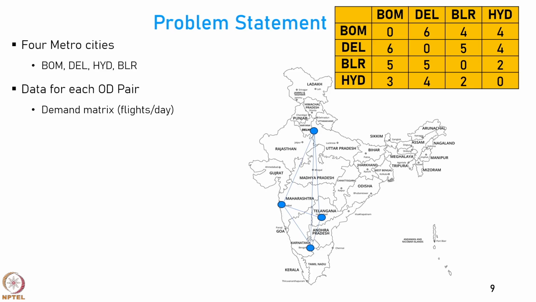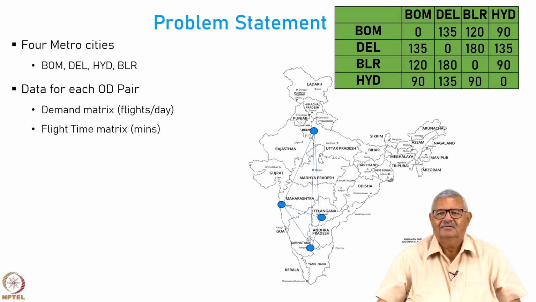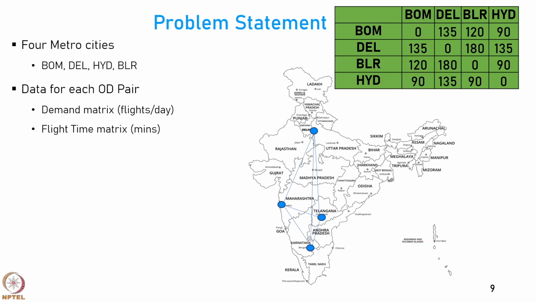destinations are not possible. Now, along with the demand matrix, you are also given the flight time matrix, which shows in minutes the time taken to travel from each city to the destination city. So, for example, it shows that Bangalore to Delhi will be 180 minutes, and these routes are bidirectional. So, we assume that the time taken to travel from one city to the other is the same for coming back. So, if Delhi to Mumbai is 135 minutes, then Mumbai to Delhi also will be 135 minutes. That is the kind of assumption in this case.